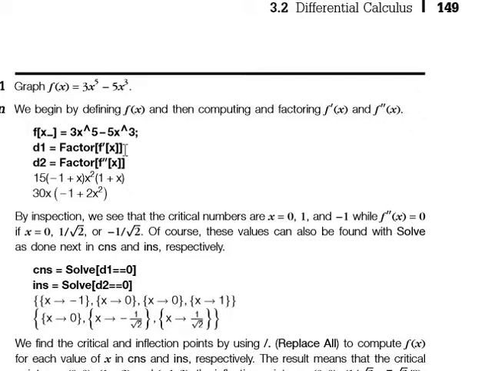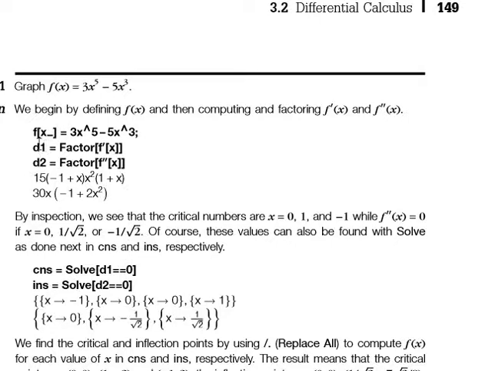If we use the semicolon, those two results would not be shown in these two lines. Our result is this, in factored form. We need the critical points. What we have to do is put this function equal to 0 and calculate the value of x. But we are in Mathematica and we need the critical points directly. How do we calculate them? We solve d1 equals 0.